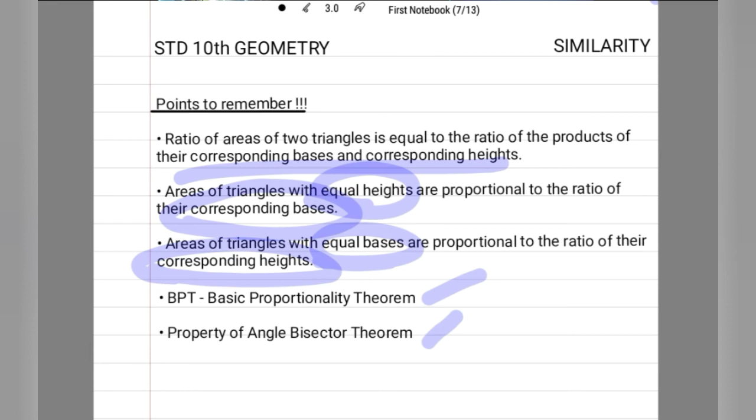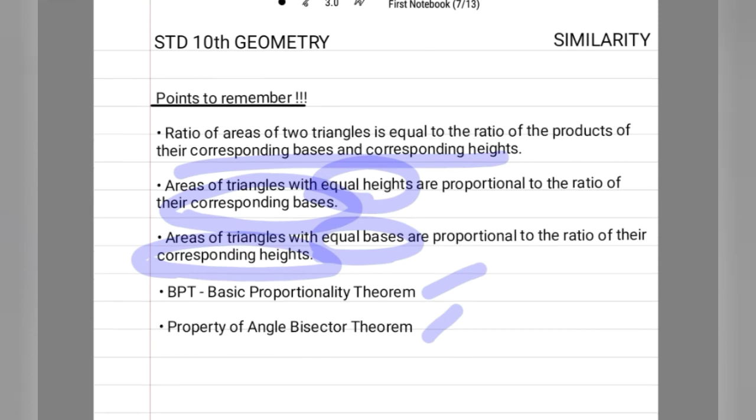Now these two theorems are really very important from your exam point of view, as I have mentioned a lot of times. So guys, try to derive them on your own. Understand them properly, as you have to derive the theorems on your own in the exam. Write them as they are in your textbook. It would give you full marks. And just remember the concept of the theorems so that you can solve the sums based on the theorems very easily. Now there are two more theorems which we will derive in the next video.